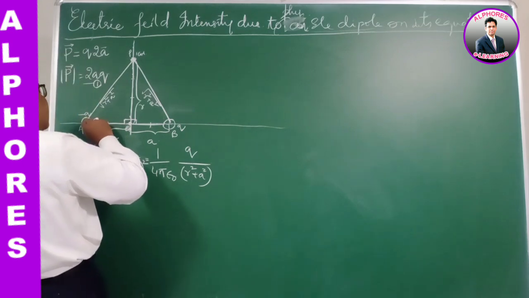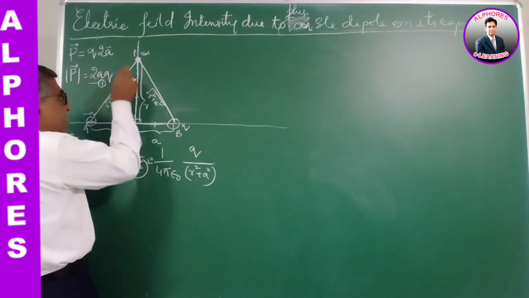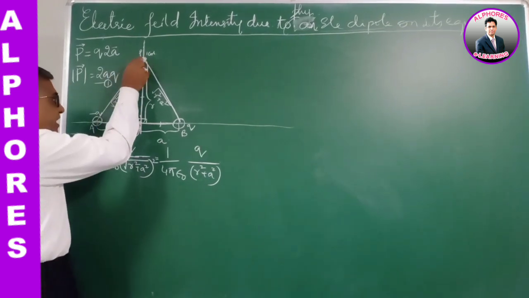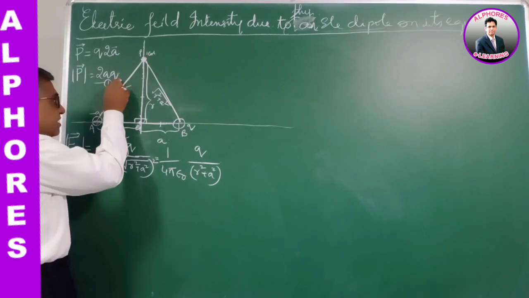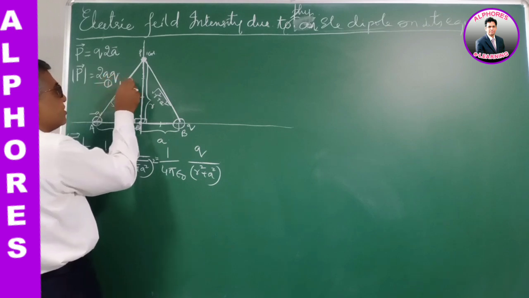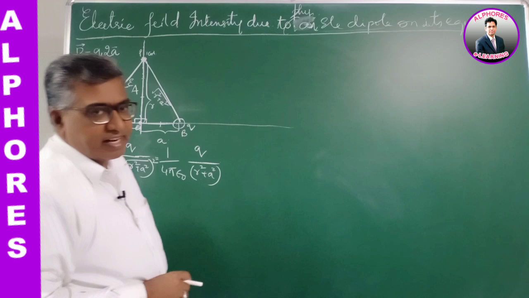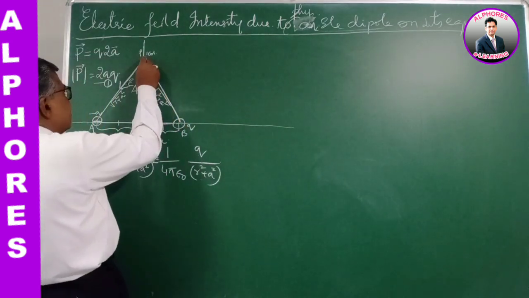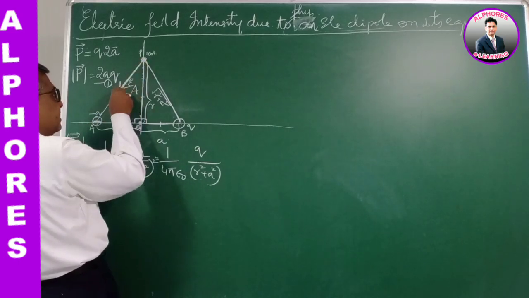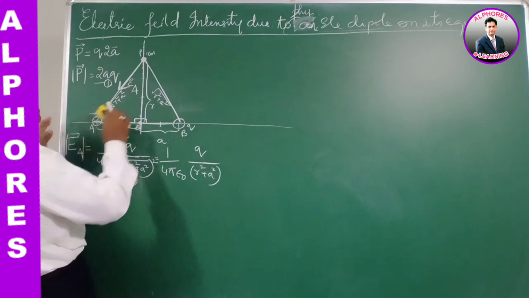Now, for this negative charge, if I imagine a unit positive test charge, the negative charge will attract this positive test charge. So the direction of the line of force is like this, and the tangent to it is along this only. So this is the direction of the electric field at point A. It is towards the charge. This is a negative charge, so the field is in this direction. Right? So the direction of the electric field is this way.